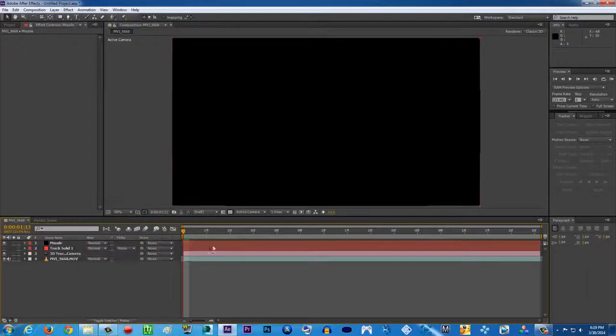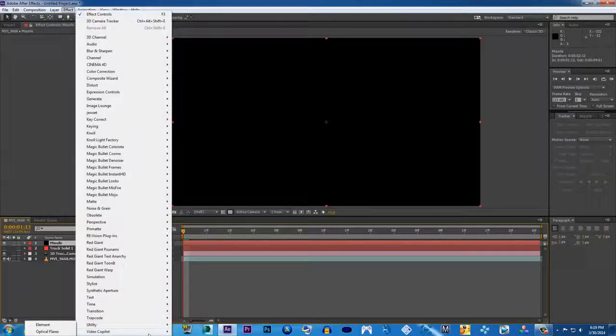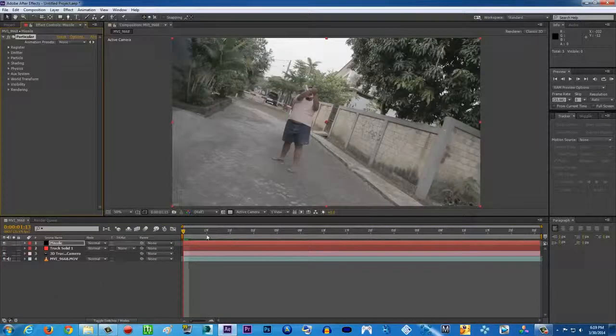Make sure you're on the missile solid layer, and then go to Effect, Trapcode, and then Particular. Boom, there you go. Now,